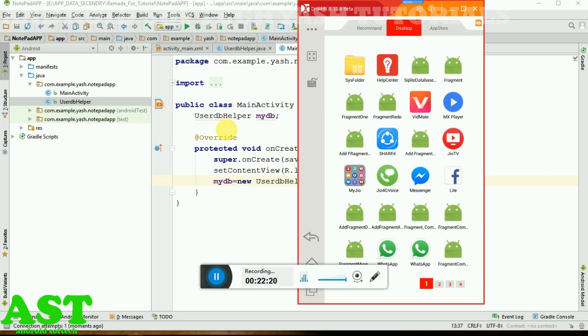Okay guys, so my emulator has started. Guys, मेरा emulator start हो गया है for running and installing the app and checking whether our table has been created or not. Guys, अब मैं ये चेक करने जा रहा हूँ कि हमारी टेबल क्रिएट होती है या नहीं, हुई है या नहीं. So for that I am going to run this app in this emulator, and I am going to monitor this